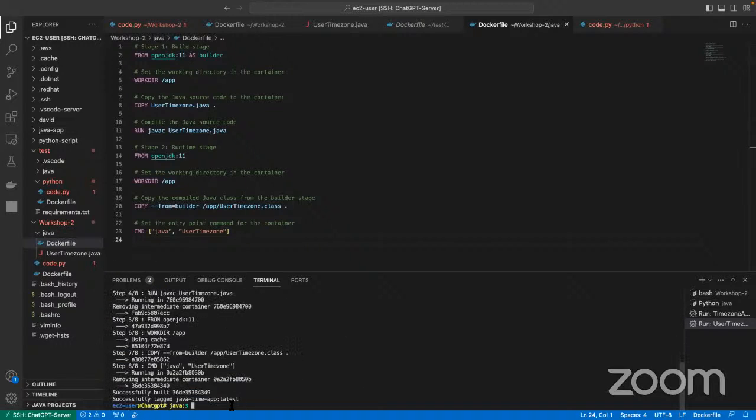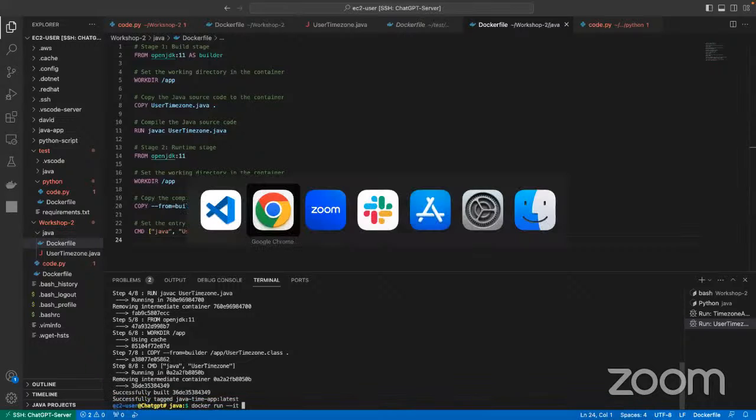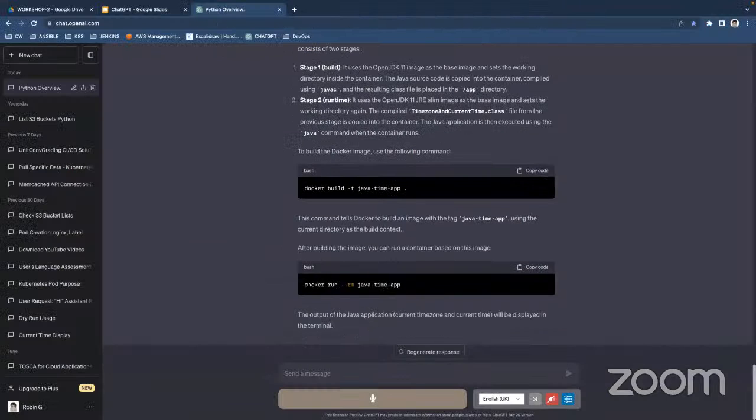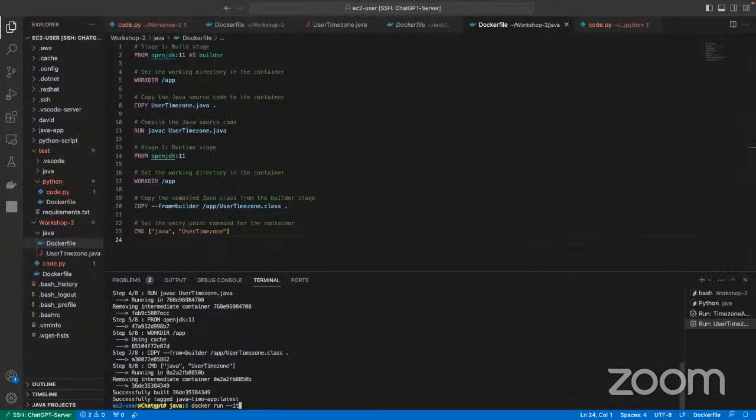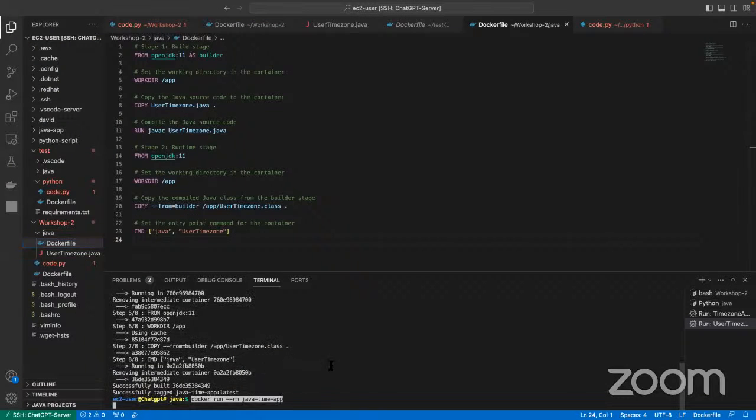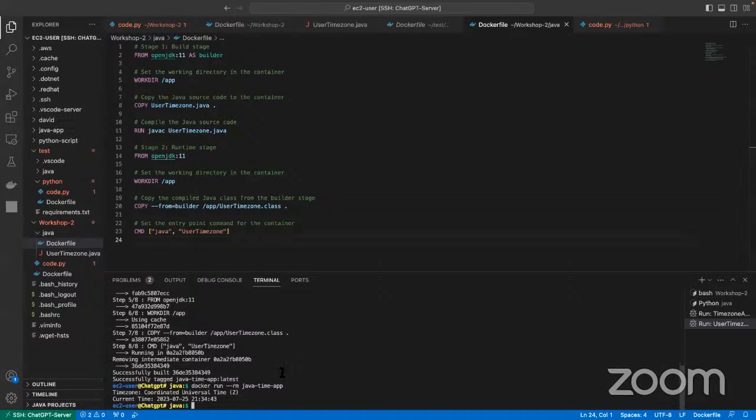Okay, so from this point on, I only run Docker run commands. So docker run -it. The --rm flag is optional, so that we do not consume our resources. You can just copy it from here, or you may want to write it by hand. Okay, so let's stick by the code. Hit enter,